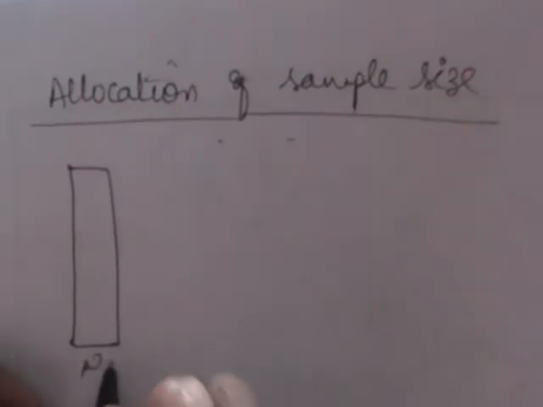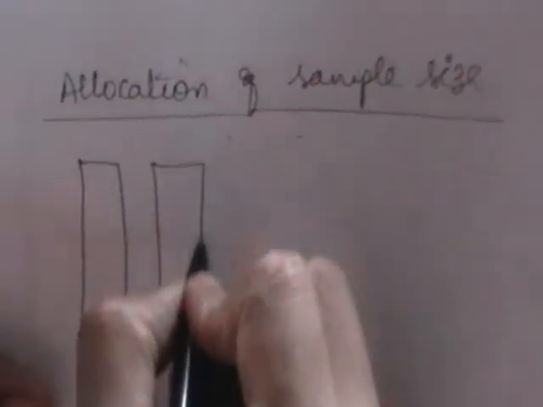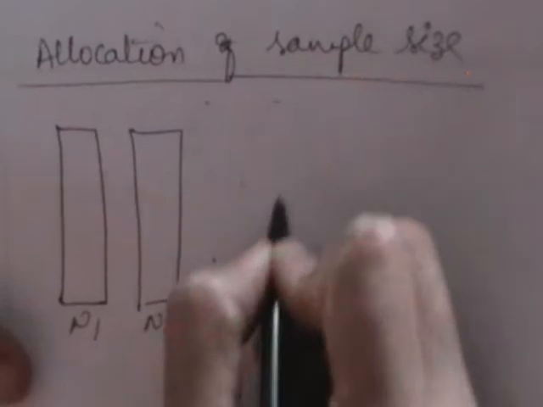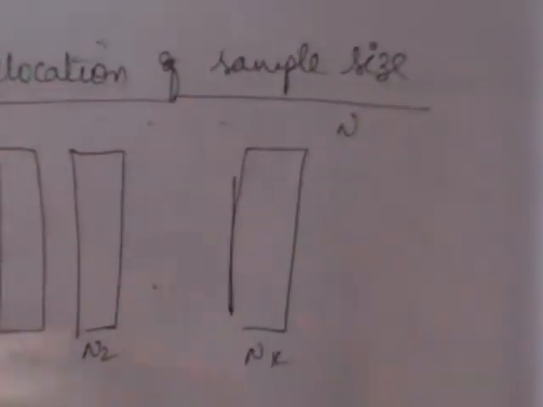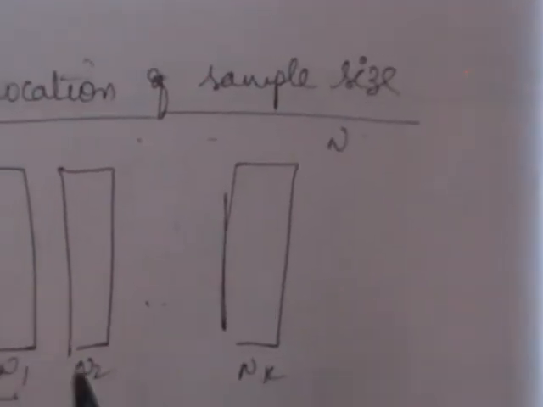You know what is stratification? Dividing the heterogeneous population into homogeneous strata is called stratification. I think this is stratification. So, you know that this is the stratum of the size of the first stratum, size of the second stratum,